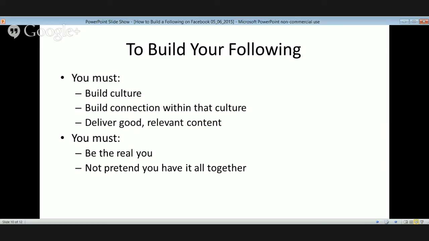That's why I asked you to really think about 5 years from now. What do you want that culture to look like? Get a really clear picture of that, because then you can reverse engineer it and see what you need to do to create that culture. You also must not BS your followers. Again, be real, be authentic. Don't jack with people. I guess that's the easiest way to say that.